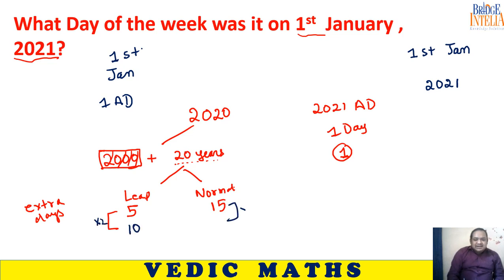One normal year generates 1 extra year. So 15 into 1 is 15. So 15 plus 10 is 25. So if you divide 25 by 7, the remainder is 4. So 4 extra days or 4 odd days